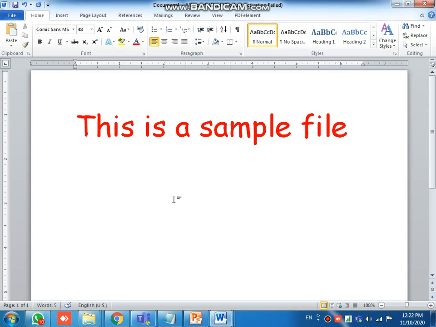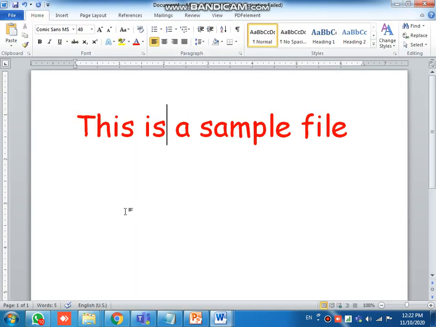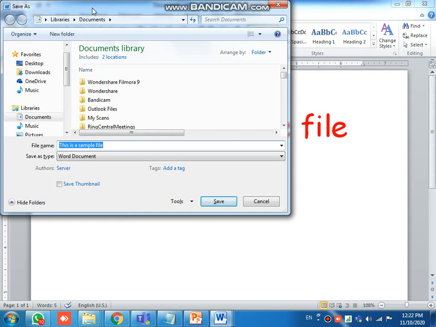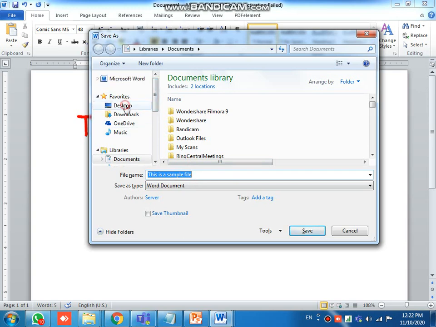There are two ways. By using File, you can select Save, or the shortcut key is Control plus S. Remember, this selection is very important. Here it is saving. Generally we keep all our document files on the desktop.